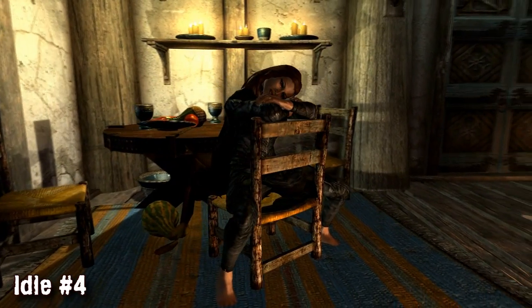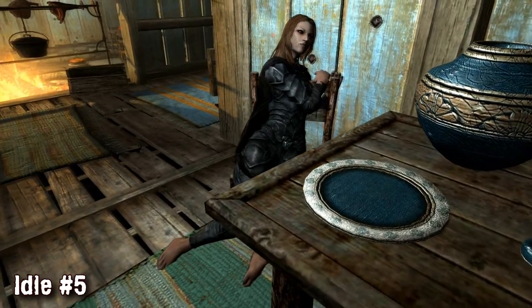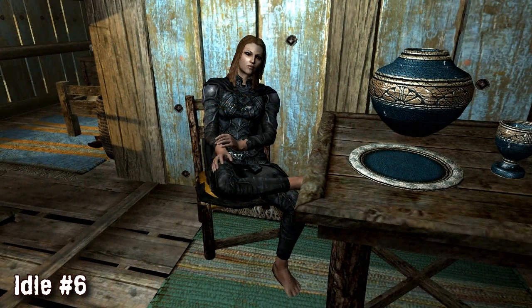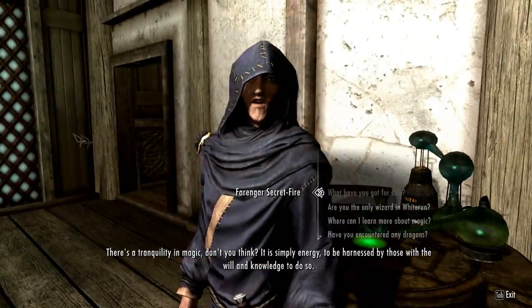The animations look great overall and fit in well, but sitting on smaller chairs and benches can make them look slightly odd, so keep that in mind. We think it's always great to have more choice over the way your character acts, so we recommend you download this mod. Next up we have the Apocalypse Spell Package, a mod that adds over 130 new spells to the